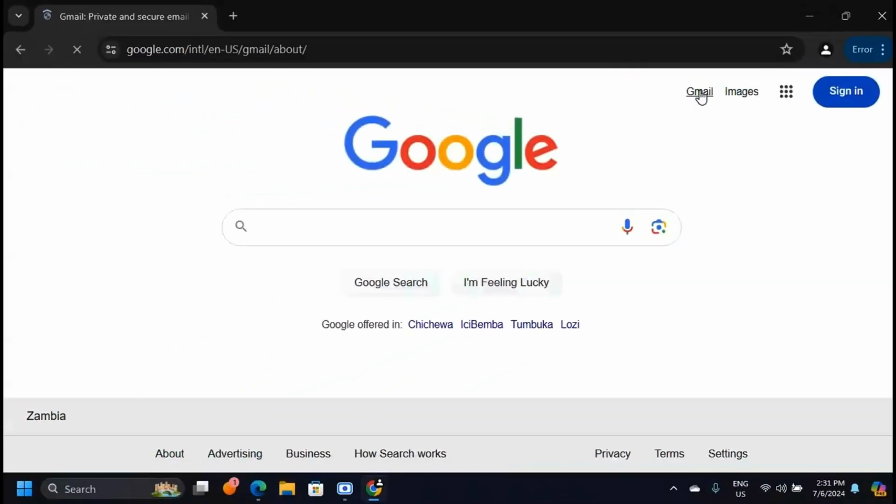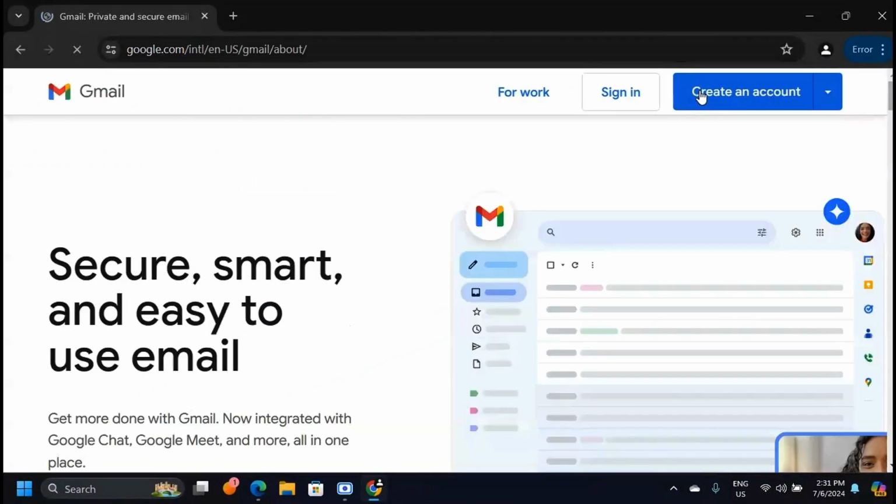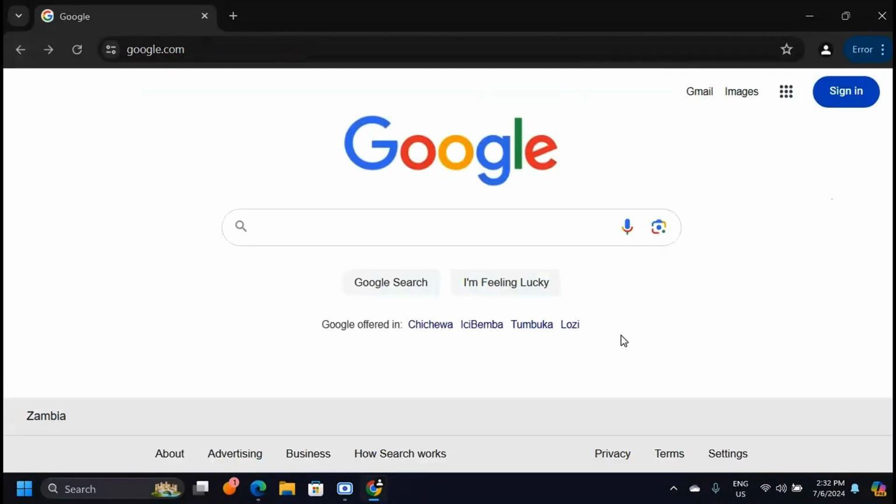Now, for you to be able to have access to Gmail, you need to create an account in the case that you don't have an account. Like in this case right now, it's showing this big blue button this side which says create an account. So you can click there, it will take you to a page where you're going to start creating an account. But in our case, we're going to go back on the home page for Google here, and I'll click on